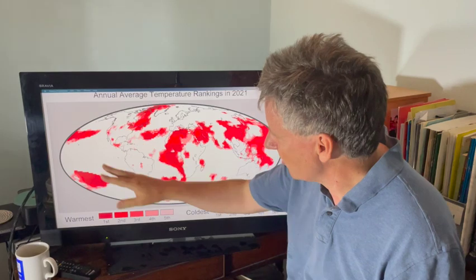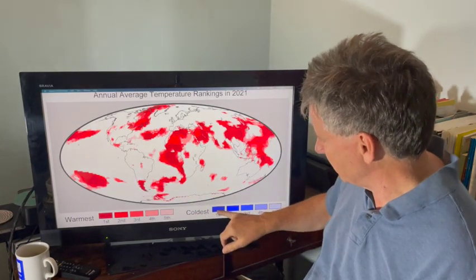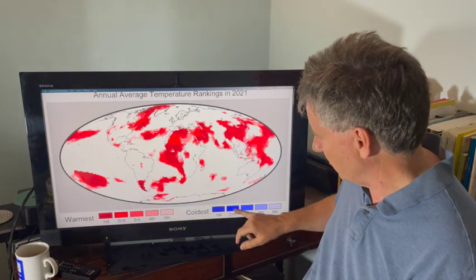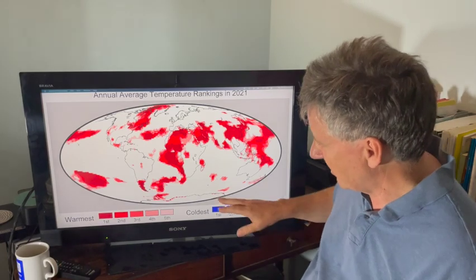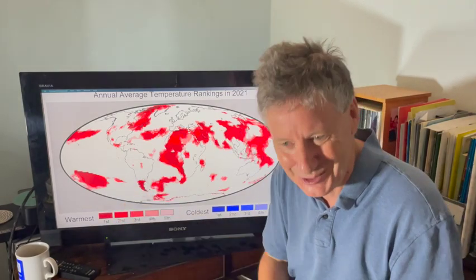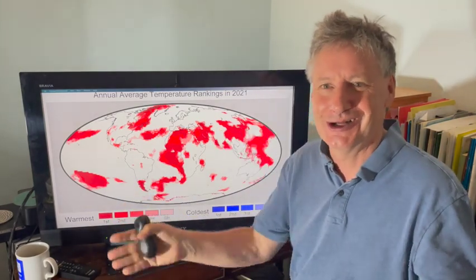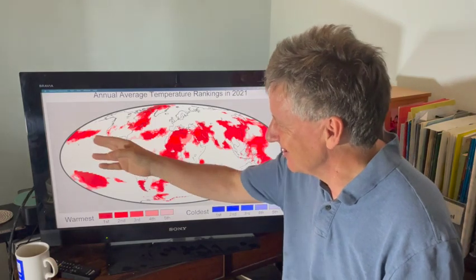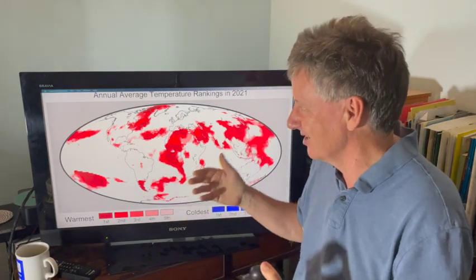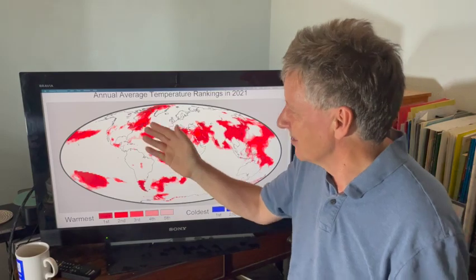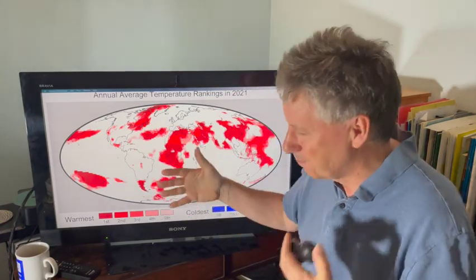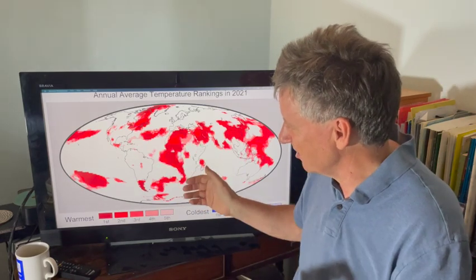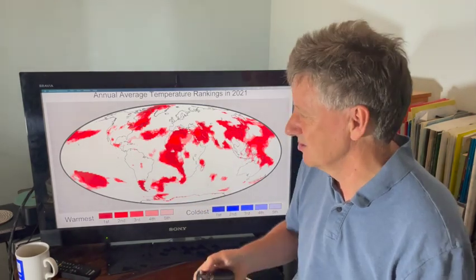And on the same graph, we have places that experience their coldest year, their second coldest year, their third coldest year, their fourth coldest year, their fifth coldest year. And you can see there are no places that experience their coldest year. The whole earth is warming up. Next year, this year now, 2022, the places that experience their hottest temperature will be slightly different. But if you can just imagine, slowly, everywhere is warming up.